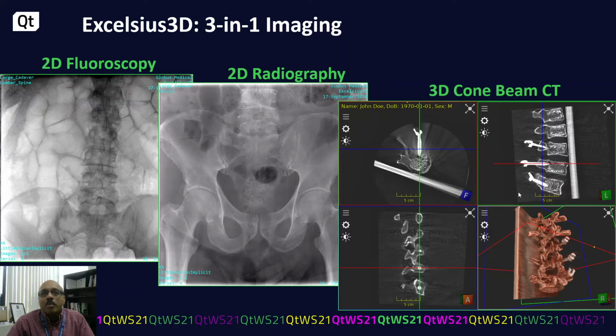The third type of image our system does is 3D cone beam reconstruction or computed tomography images. So here I am showing a sample of how effective our metal suppression is. So we can see there is a screw here on this vertebrae, and these are different kinds of views. So this is known as the axial view, there is a sagittal and coronal view, and this is a pseudo coloring. It's a skin on top of the 3D scan. And just to show where these 3 screws sit with respect to the vertebrae.